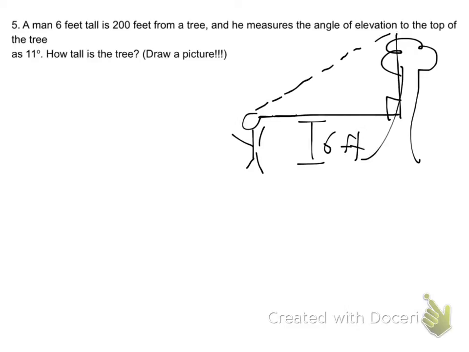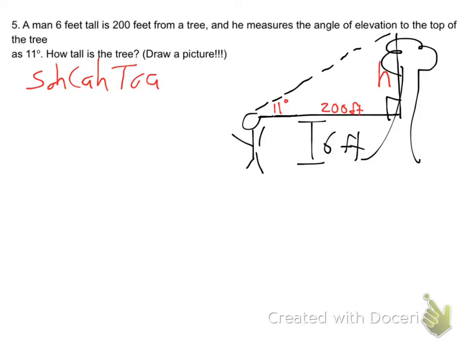So we are trying to find h, the height. We know 2 other pieces of information. We know the angle on the way up is what? It's 11 degrees. And we know he is 200 feet away from that tree. Yes? Now, this is where we cannot use any particular function that we want. Maybe we should still write down